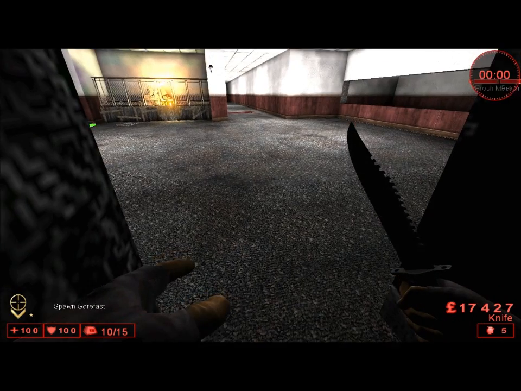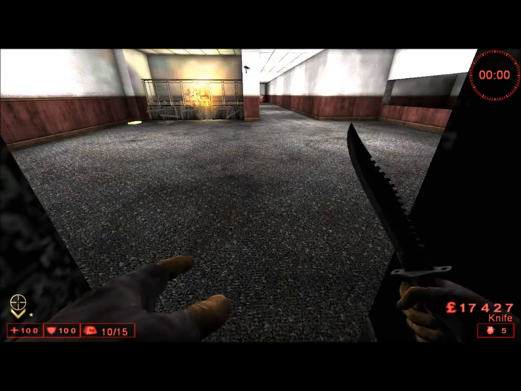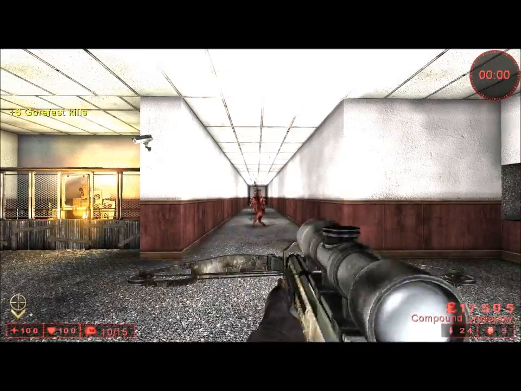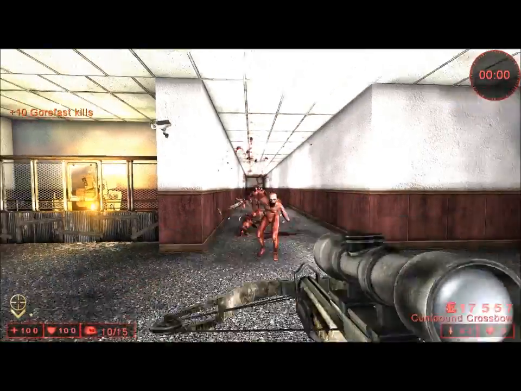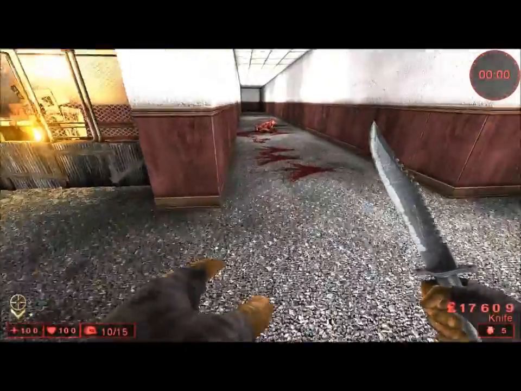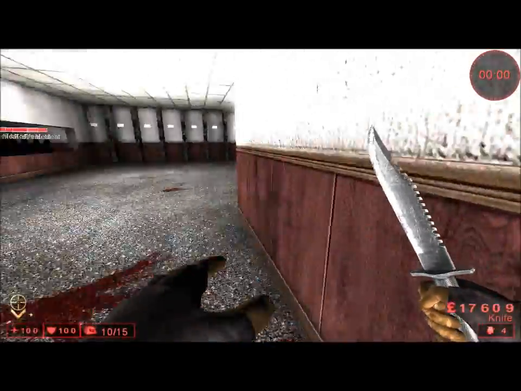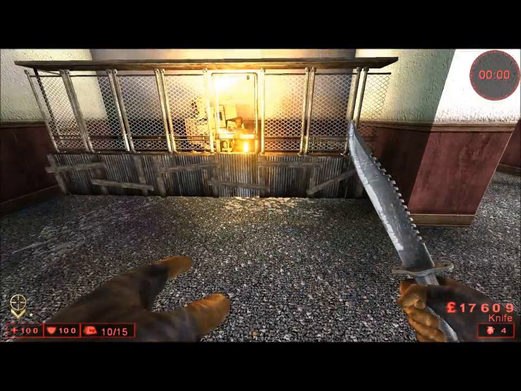Let's try the gorefast. The gorefasts are bigger, so it's easier to land a chain headshot on everyone. So let's see. That's 6, 1, 3, 1, and 3. I might not jump to the conclusion that the crossbow doesn't kill as many Zeds with one shot as the buzzsaw bow,